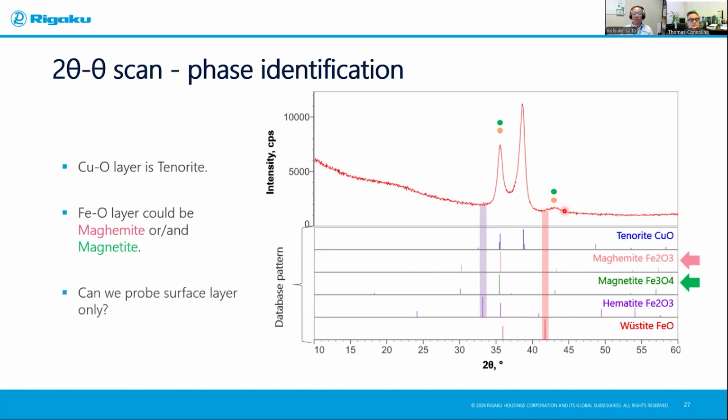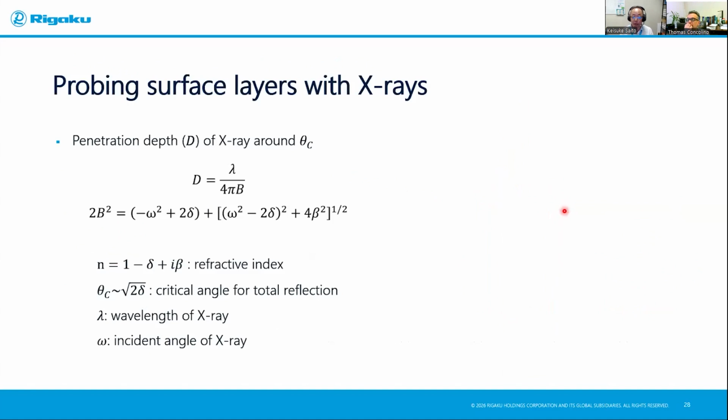So the question here is, can we only probe the surface layer? Yes, we can. But if you do so, we need to think about how we do this. Probing the surface layers only with the X-ray, we need to control the penetration. The penetration depth D around the X-ray critical angle of total refraction, theta C, is calculated by this very simple formula,